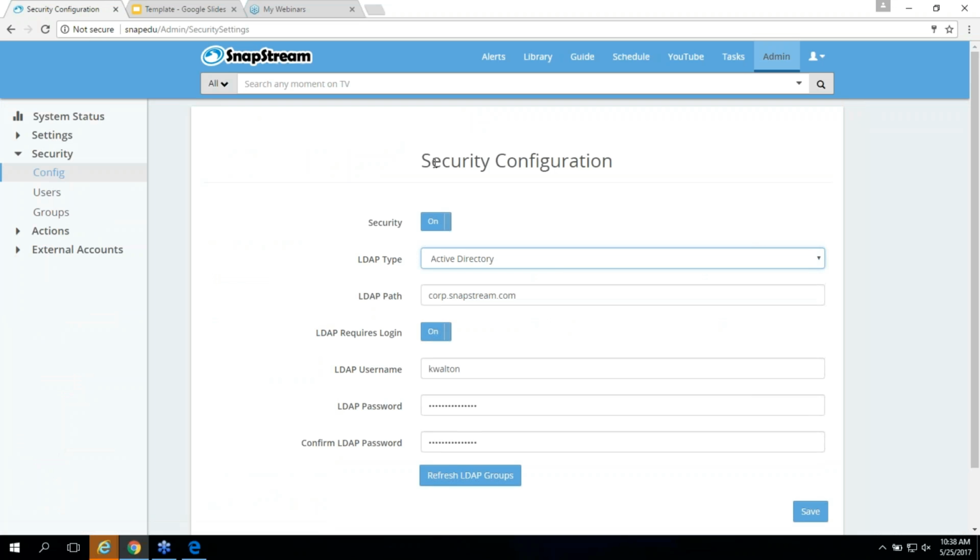So you'll see that we have direct integration with something called Active Directory. This is a commonly used software for controlling login credentials, and we can integrate with typically what's already in place within your organization,